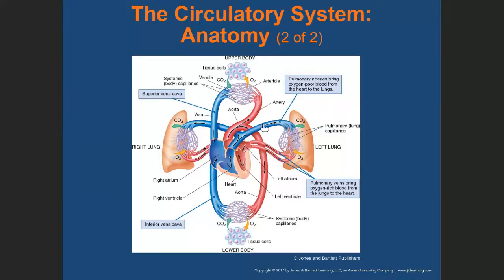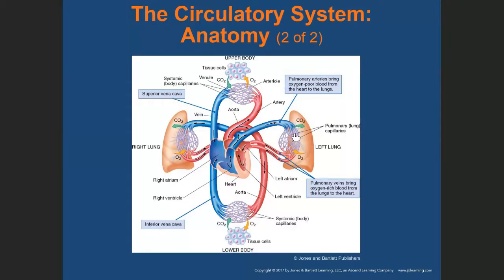Now, the deoxygenated blood traveling via the pulmonary arteries will break down into pulmonary arterioles. The pulmonary arterioles then become pulmonary capillaries. The pulmonary capillaries in the lungs are wrapped around the alveoli. Now, at the point that this deoxygenated blood reaches the pulmonary capillaries,